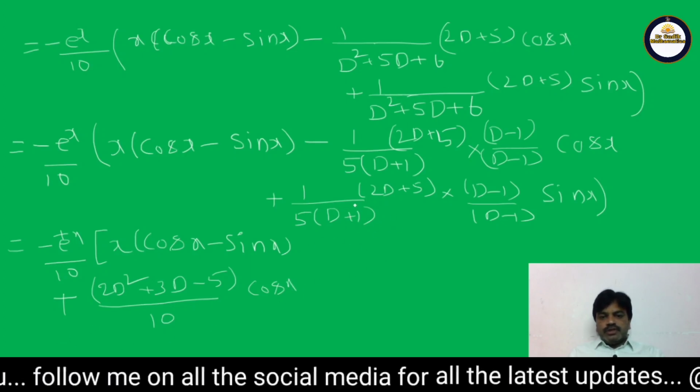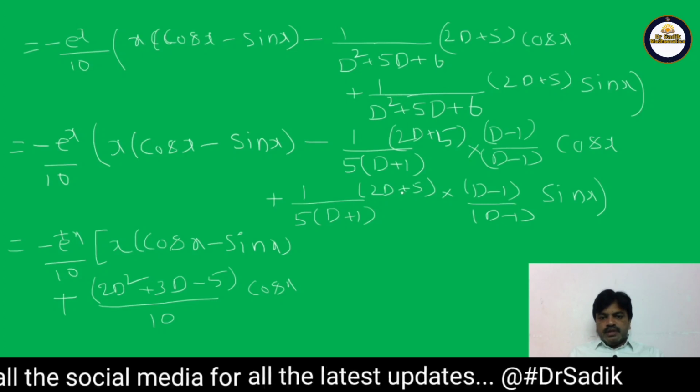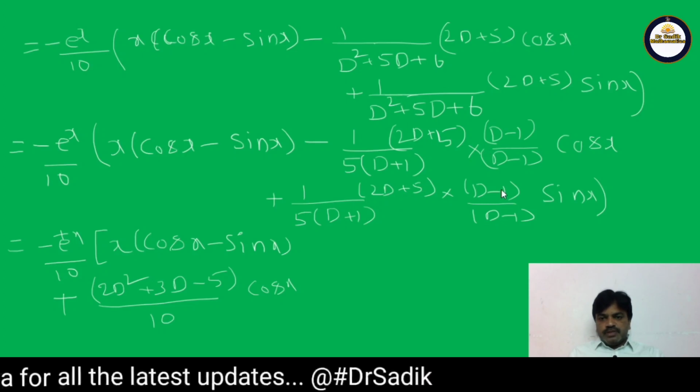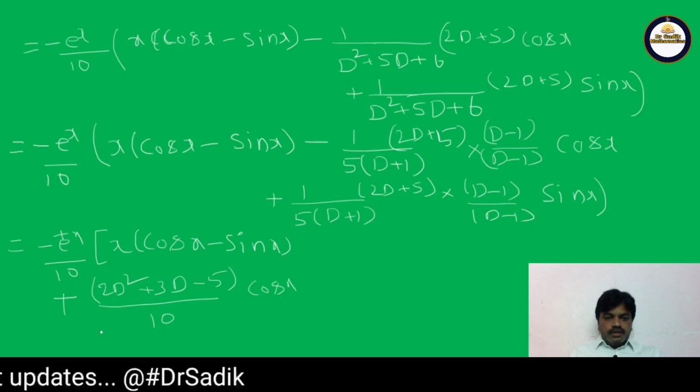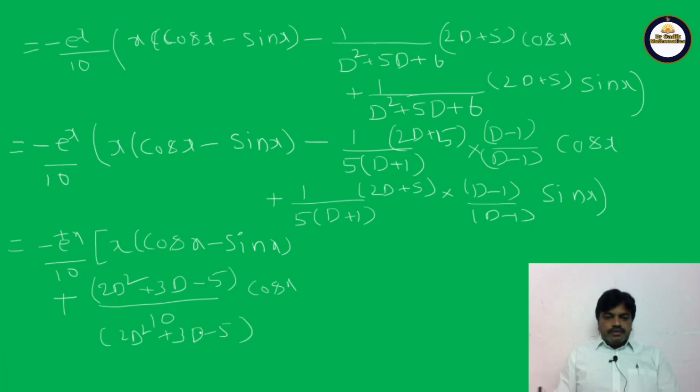Here if I observe, friends, here also the same: d square, 2d plus 5, d minus 1. Here also we get 2d square plus 3d minus 5 by, here also we get minus 10. So here we have plus, so that we get minus 10 into sin x. Please don't forget to put bracket, friends, put bracket. Okay, the next step is,